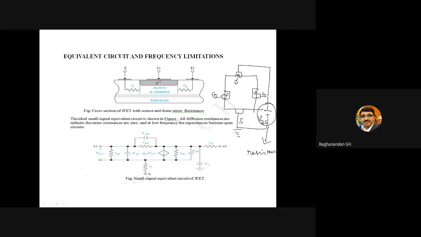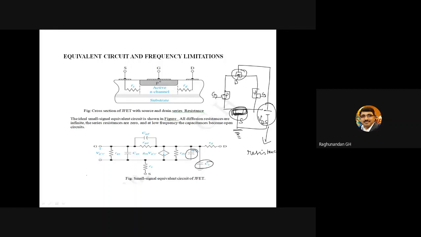Drain to source resistance. Again, since this drain has a metallic contact and source has a metallic contact, between these two metallic contacts we are having a gap. That gap forms a capacitor, drain to source capacitor. So again, with respect to the source, you have a metallic contact here, and there is a ground terminal again. So it also constitutes an individual source capacitance.